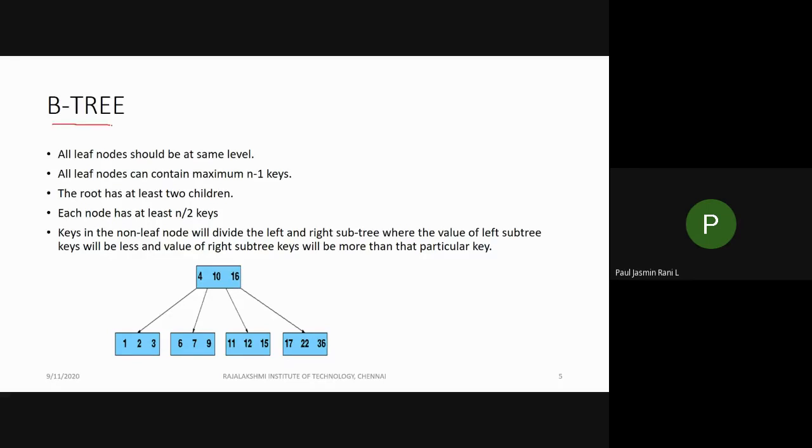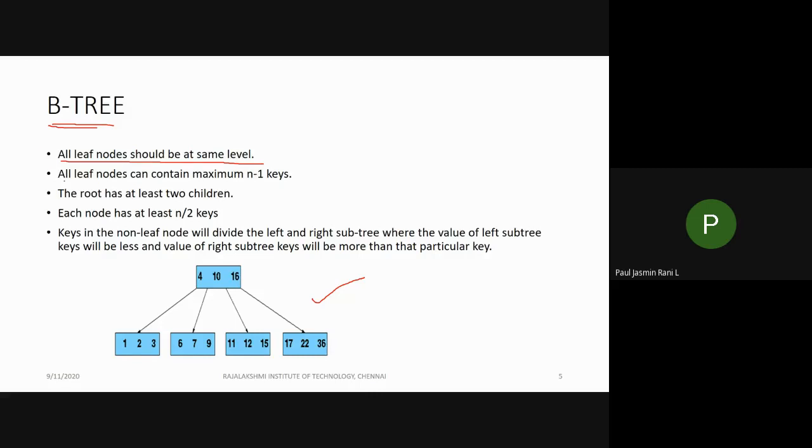So that is a B tree. Again I am saying, a B tree is not a binary tree. It is a special kind of tree where more than two branches are allowed, but certain properties have to be followed. Let us see what properties you have to follow. The first property is that all the leaf nodes should be at the same level. This is an example of a B tree. In the B tree you have to see that all the leaf nodes must be at the same level.